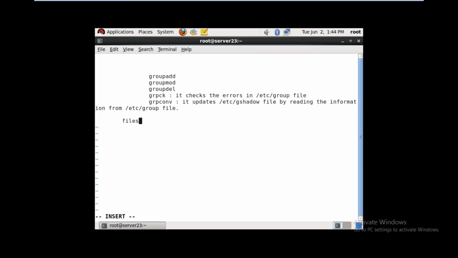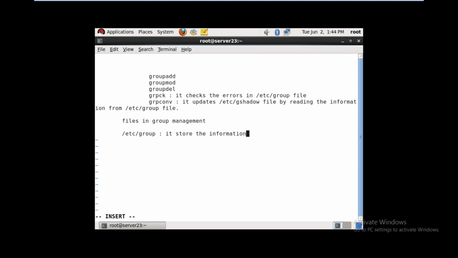So these are the commands and files in group management. We have to write /etc/group, it stores the information of groups.